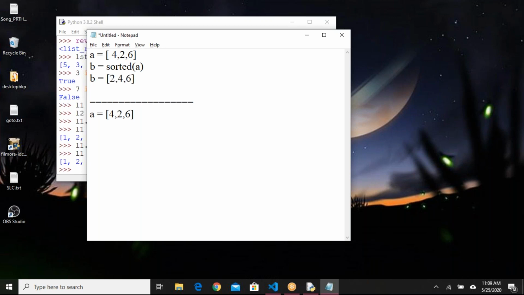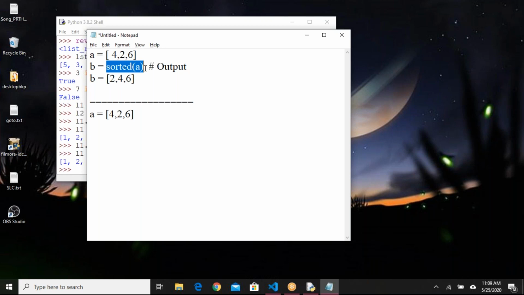That means the sorted elements will be given as output from the sorted method. If you don't want to change the actual list, but you want to get the sorted data, then you will use sorted of a.